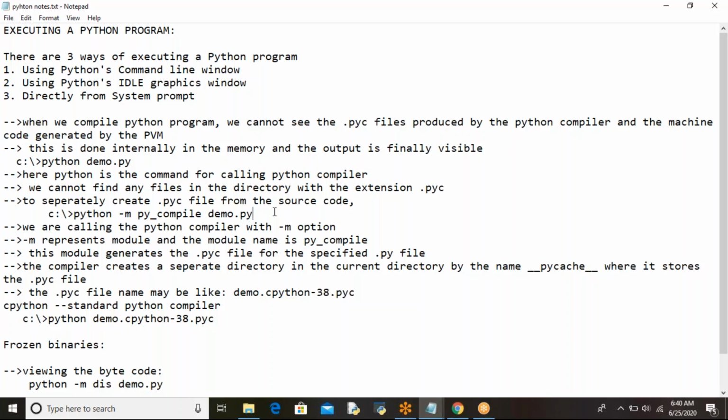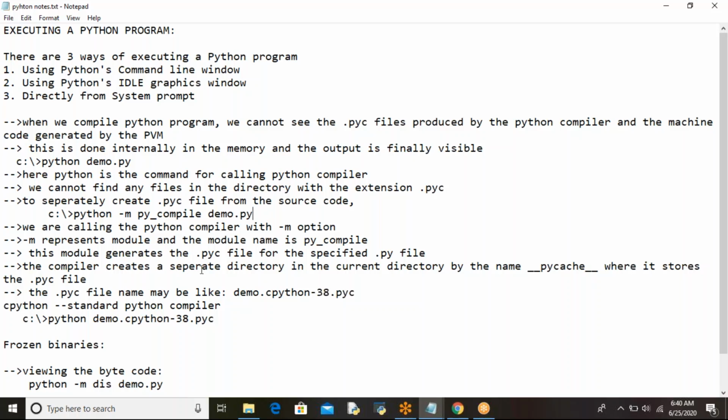So we are calling the Python compiler by using the m option. This module will generate the .pyc file for the specified .py file.